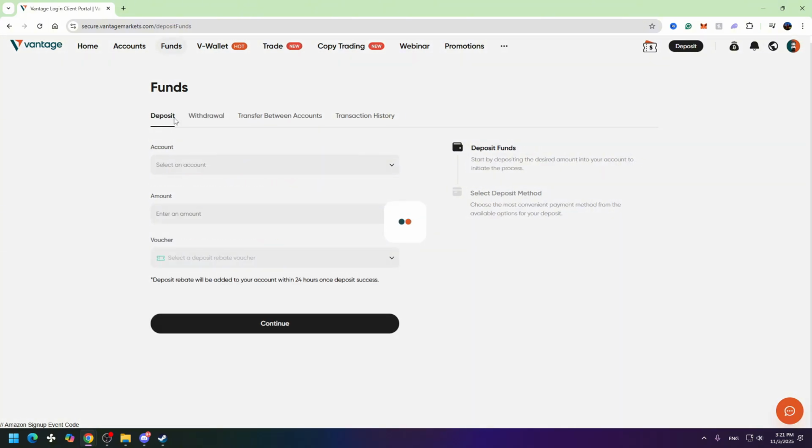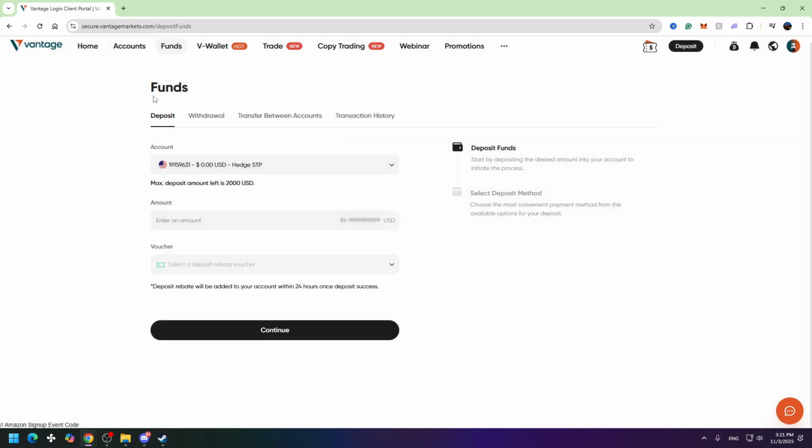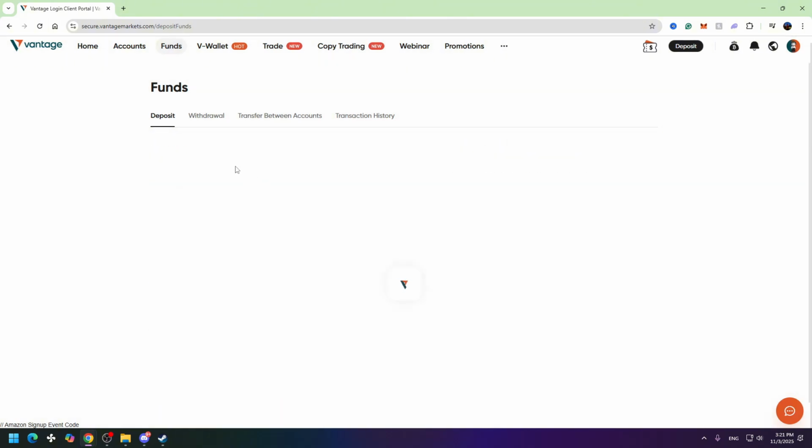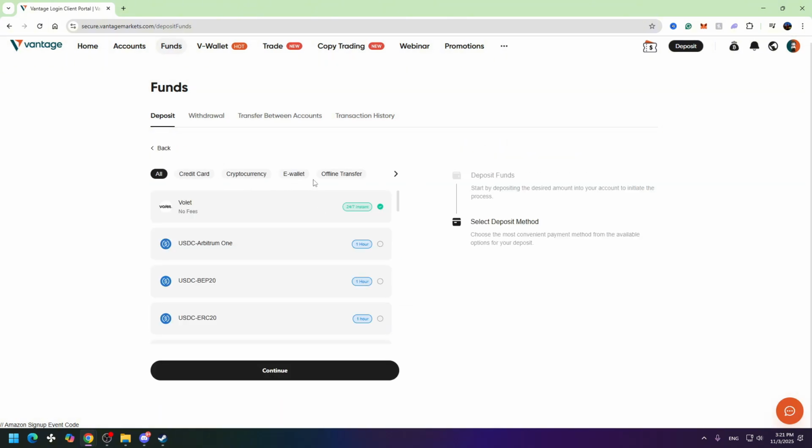It's the same, guys. It will look like this. For example, you want to withdraw $100. When you click the continue button, you will see this kind of menu. You need to choose the payment method. There will be e-wallet, and from here you need to find Binance Pay. When you click on Binance Pay, you can link your Binance account to Vantage and you can withdraw your money